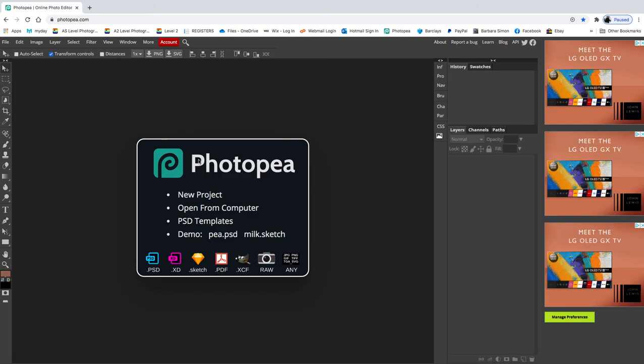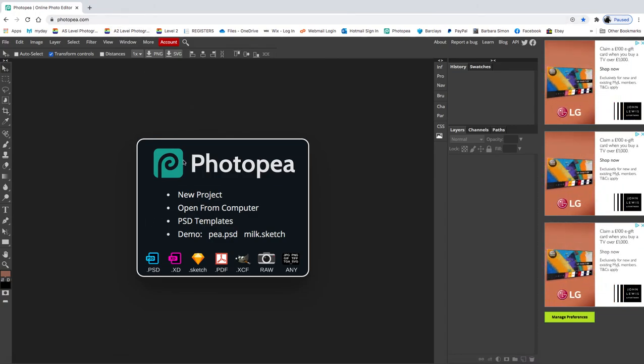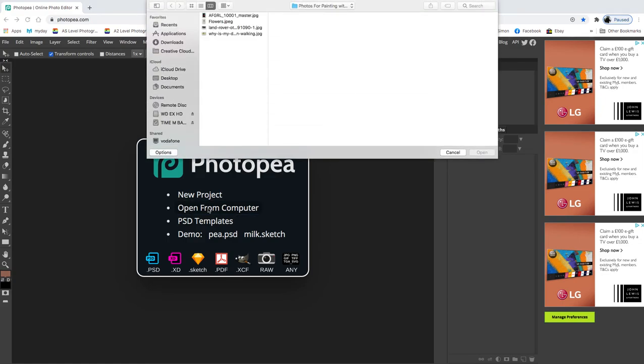Well, in Chrome, you open up Photopea, and there's your Photopea open. So what do I need to do first? Well, I need to open a picture from my computer, one of the ones I've sent to you, so that's what you'll do. And it'll ask you where to go. Depending on your operating system on a Mac, it's just popped up. So I've gone to my desktop,